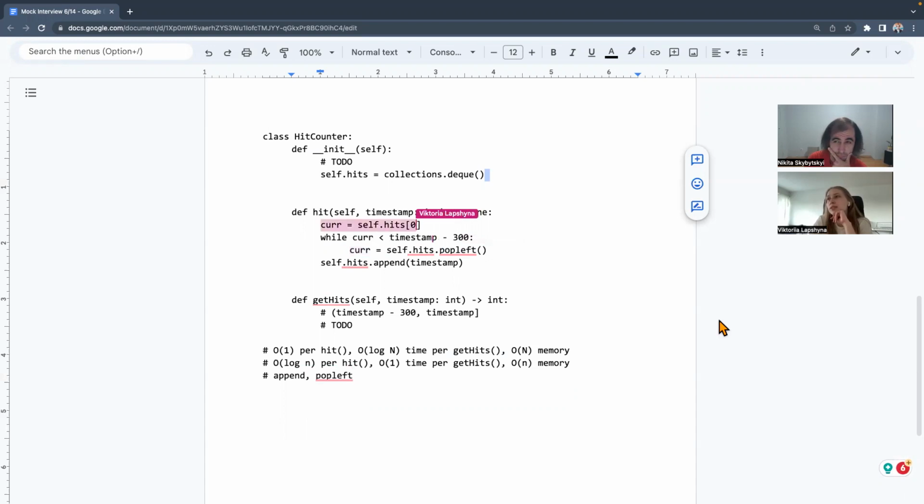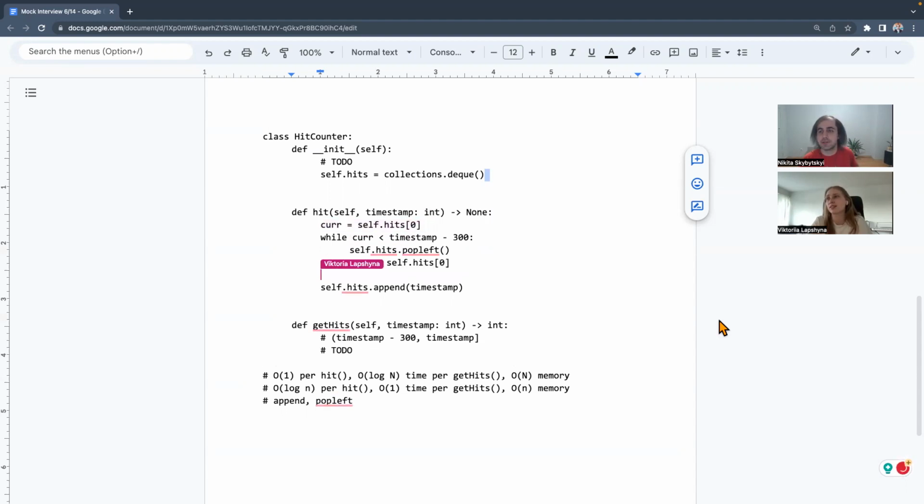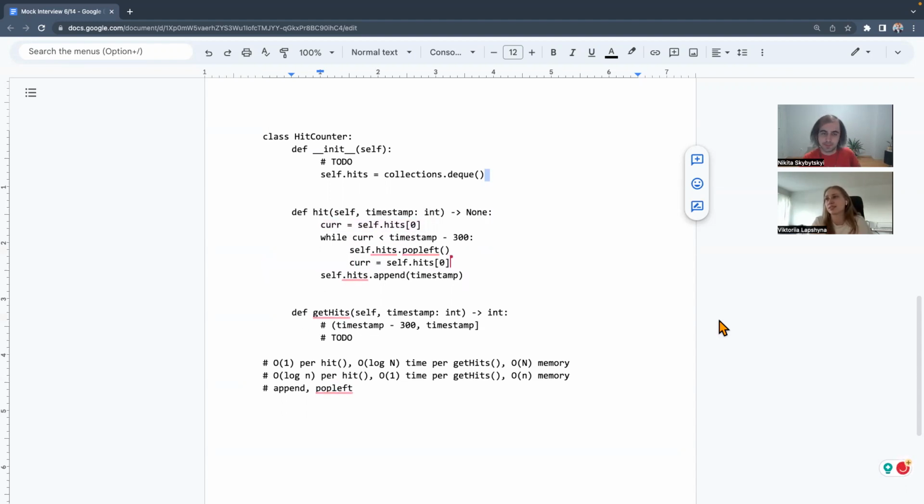I'm just thinking about the starting condition. So we already have it, and then we will check this element again. Oh wait, no, we only remove it. That looks so shady. Yeah, because we already removed it, so we can just do that. Would it be like this? Undesirable. Yeah. Well, yeah.